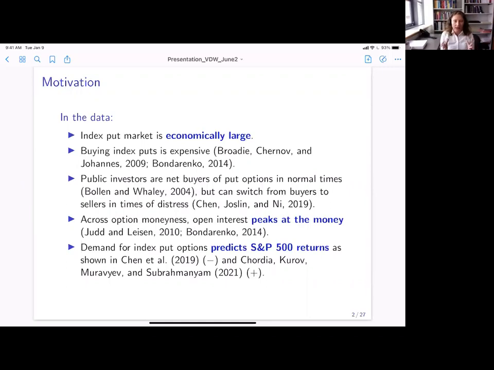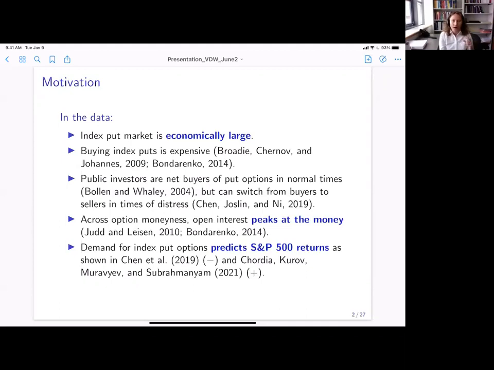So first of all, this put option market, the index market for puts, is quite large economically in terms of notional value and its potential to transfer risk. I will actually be a little bit more precise, and I will show you some stats here. On an average trade date, the number of S&P 500 shares referenced by SPX put index options is about 10% of the total equity of the market. With the market cap of the index being around 33 trillion, this amounts to more than $3 trillion of the index value, of the underlying index, that's controlled by these positions.